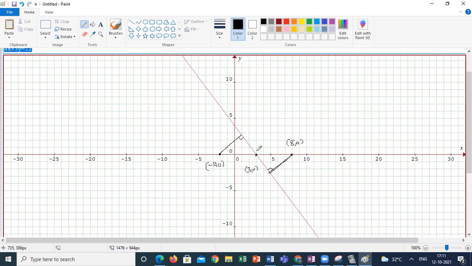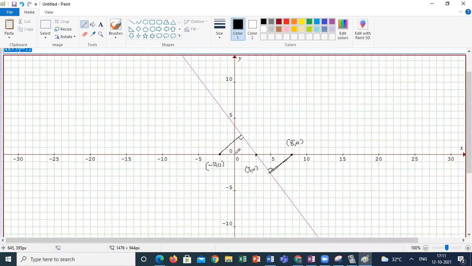If I'm taking the area of the triangles, I will get both the areas of the triangles are the same. Got it? What I'm trying to say, students? Graphically, you have to do it. This is graphically. So automatically it is possible only if the heights are the same and the bases are the same.